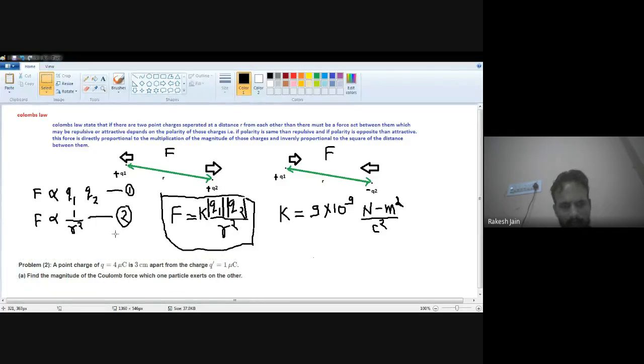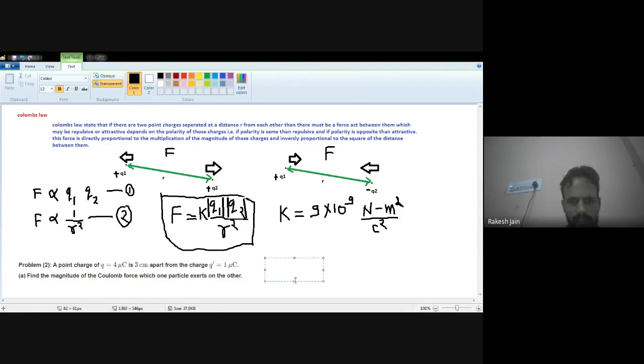Okay, so this one is your second numerical. Here a point charge of Q is equal to 4 microcoulomb. One charge is given as 4 microcoulomb. 3 centimeter is the distance apart from the charge Q dash. Here instead of Q1, Q2, it is denoted by Q and Q dash. So the first charge is 4 microcoulomb. Second charge is 1 microcoulomb, and the distance is given R, that is 3 centimeters. So we have to write it in meter. Okay, so here for Coulomb's law we can say Q1